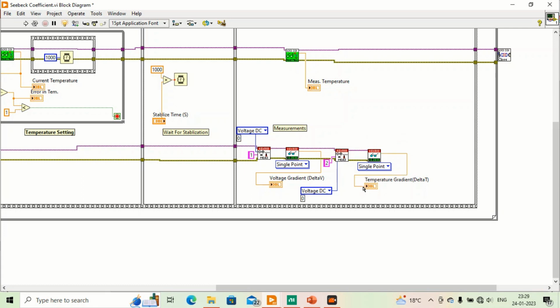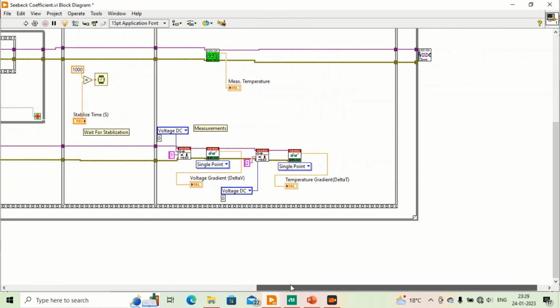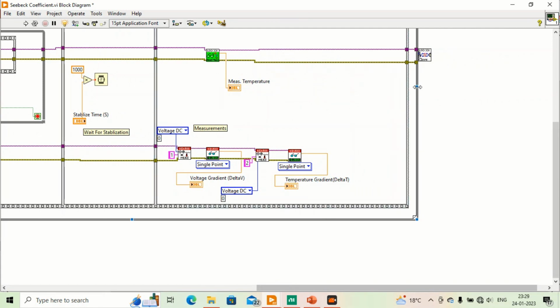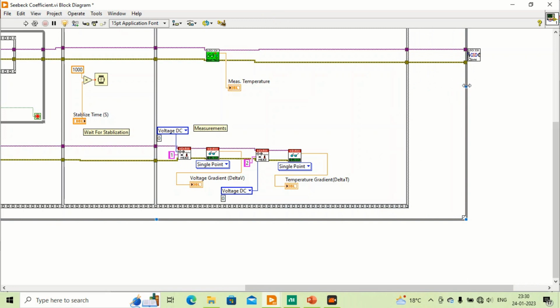Okay, and this temperature gradient should not be very high, so